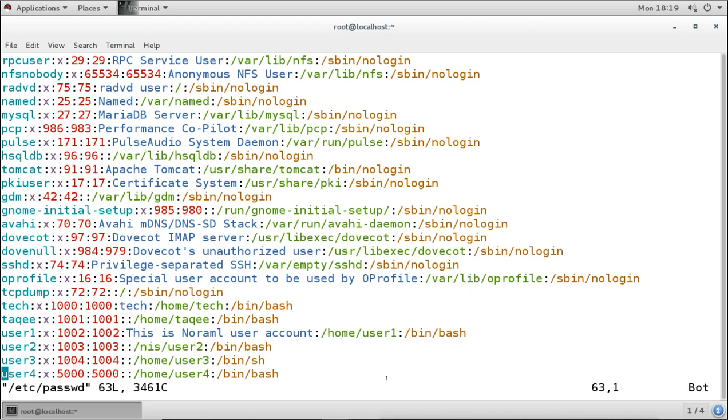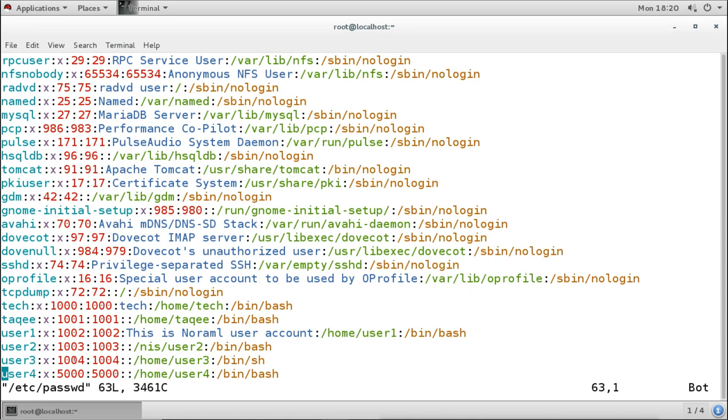Now when we create a user account with a different UID, after that when we create any account, it will start after this because it goes sequentially. So it will create after 5000, the next users will get UIDs 5001, 5002, 5003. In between 1004 and 5000, these numbers will remain unused, so we can use them manually. We can create user accounts with those user IDs. We have lots of numbers, we have 60,000 numbers, and practically it goes more than that. 60,000 is very much, so we can use any UID.